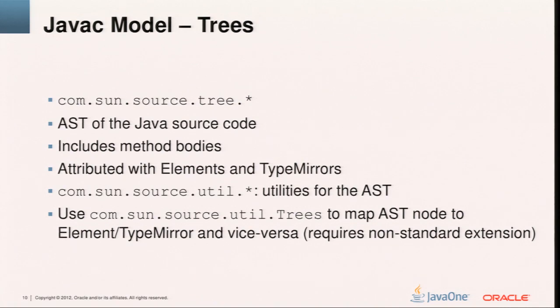There are quite a few utilities for working with the AST in the util package, and probably the most important one is the Trees utility class, which allows us to map an AST or get the element and type mirror from an AST node, and allows us also to go back from an element to the AST node that declares that element in the AST. But